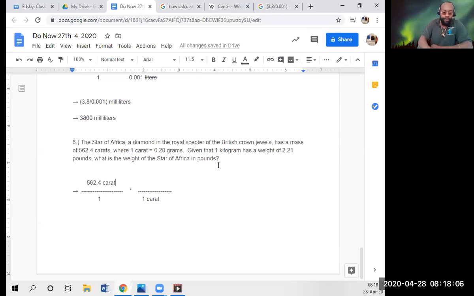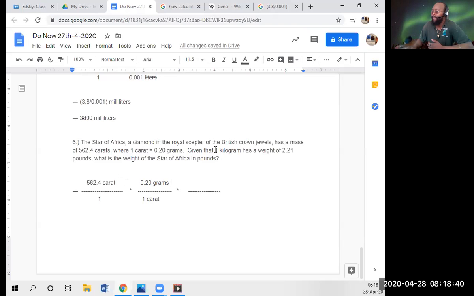So moving on, we've got its equivalent factor of 0.20 grams. Okay. All right, so it looks like we can cancel out some things here, but let's keep going and we'll cancel out last. So this is going to be multiplied by, what do we put here? Remember, the goal is to get all the way down to pounds. And there's a clue right here.